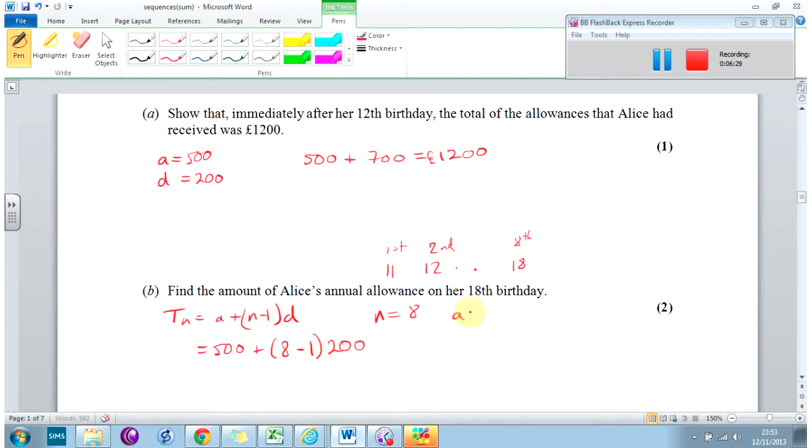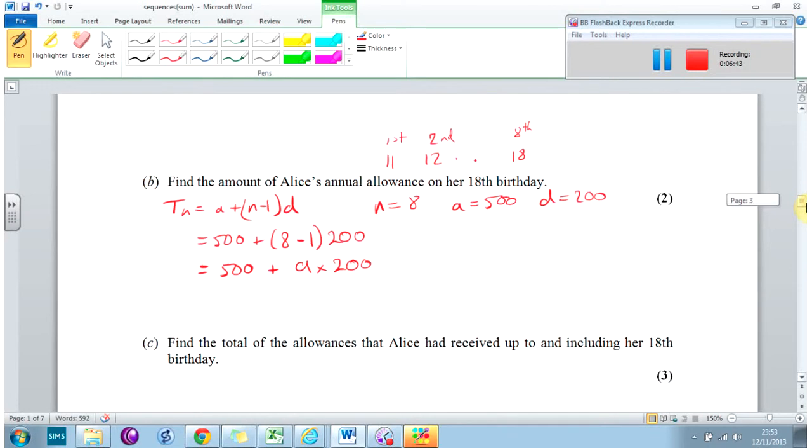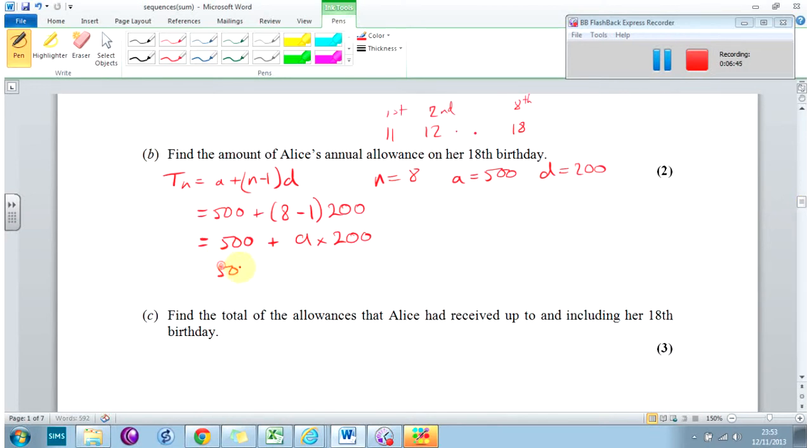Pop that there. A is 500, and d is 200. Be very clear about where your n, a, and d are. So then we've got 500 plus 9 lots of 200, and that's 500 plus 1800, which is